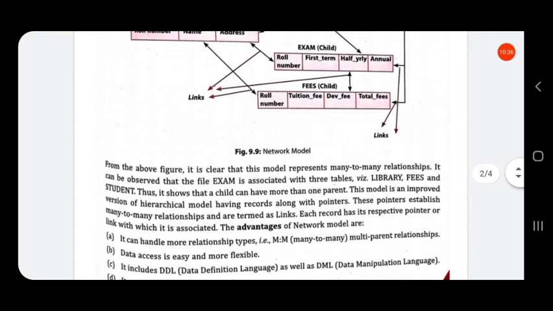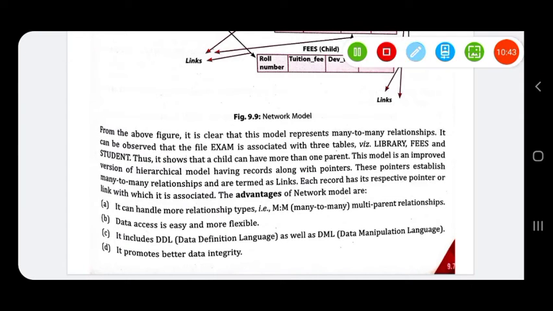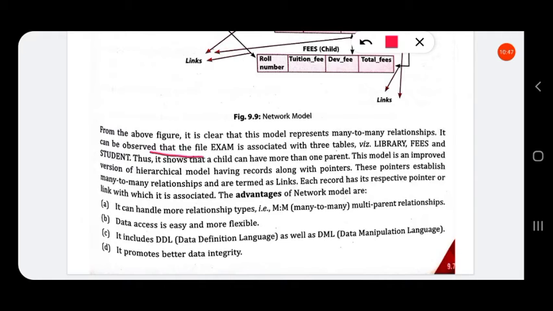From the above figure, it is clear that this model represents many to many relationship. It can be observed that the file exam is associated with three tables: library, fees, and student. Thus, it shows that a child can have more than one parent.